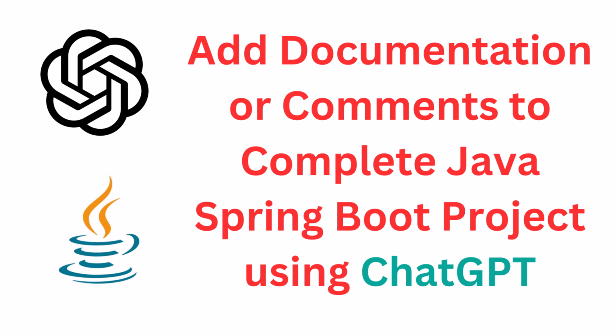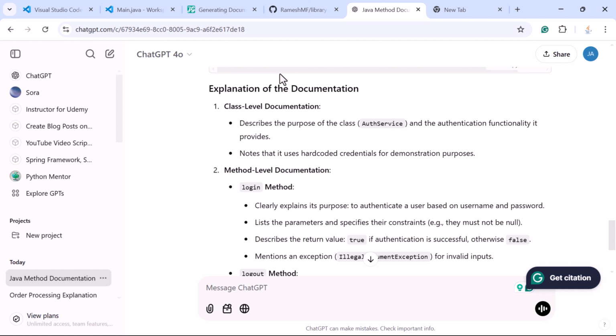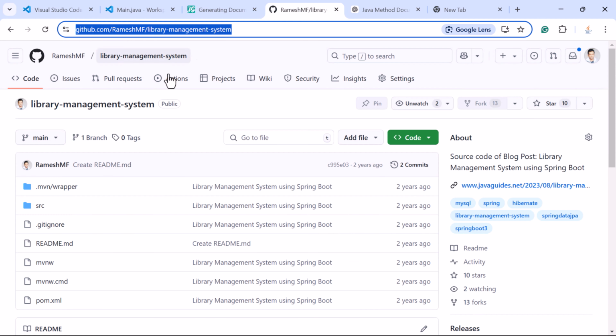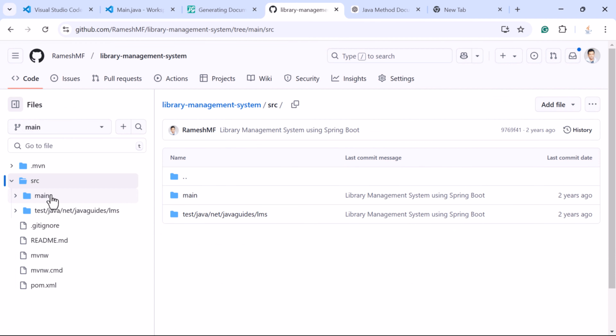Let us take one Java project and generate the documentation for a complete Java project using ChatGPT. So here I have a GitHub repository for a library management system project. This is a simple Java project using Spring Boot, Spring Data JPA and MySQL database. Now I'm going to generate documentation for this project. So let us open the source code of this project first